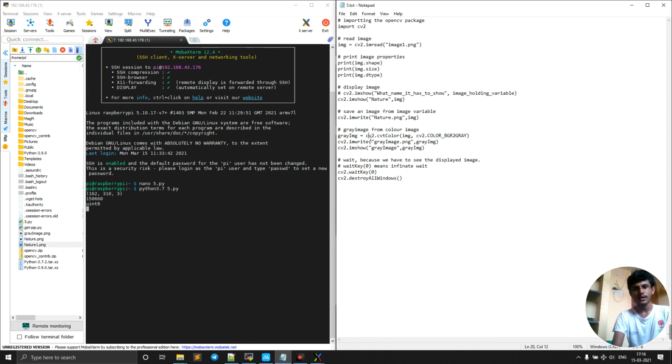So here we have cv2.cvtColor with image comma cv2.COLOR_BGR2GRAY. BGR to gray. This is not required, but just to show how that image is. Then waitKey(0). I think you understand this. I'm going to share this with you. Yes, thank you.